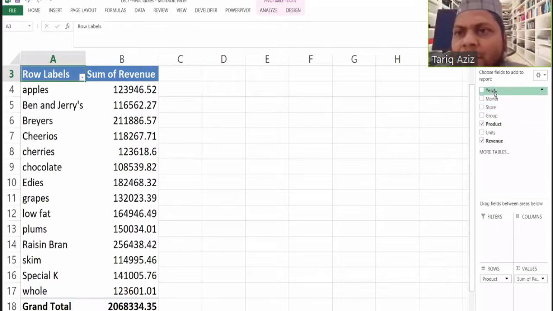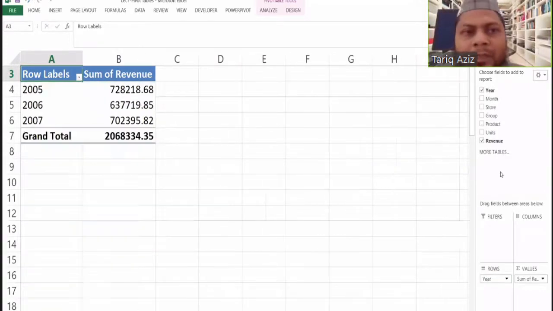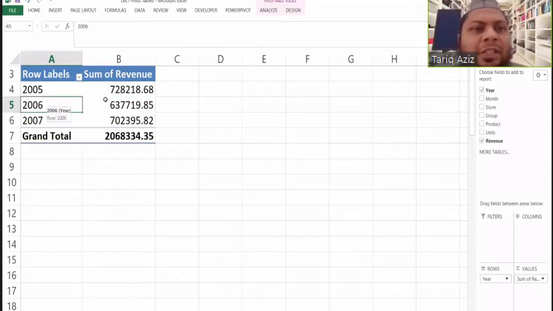Say if I want year-wise tabulation without any label, so I'm removing the product. So the year-wise data has been calculated here. In 2005, the revenue was this much. In 2006, the revenue was this much, and like that.